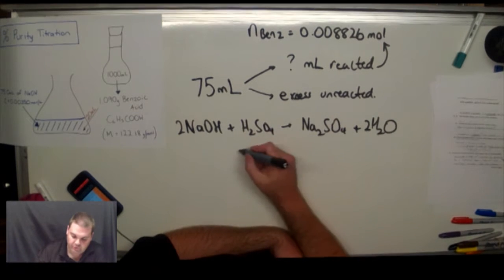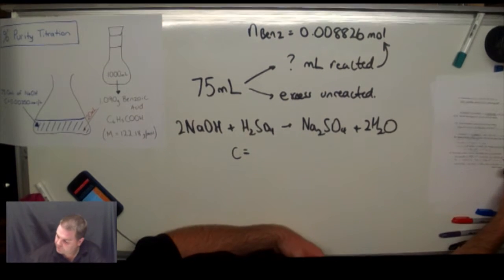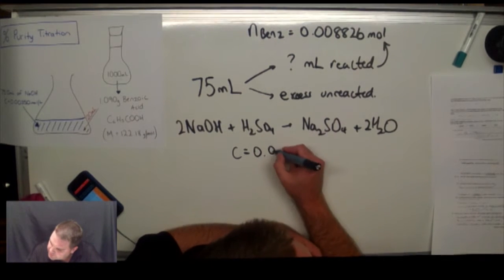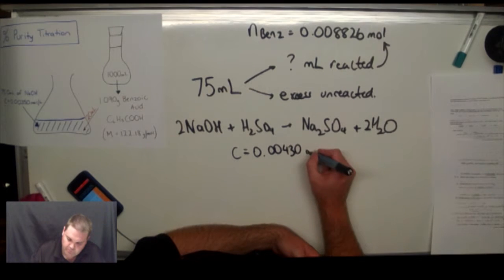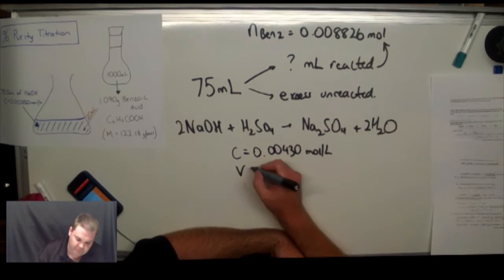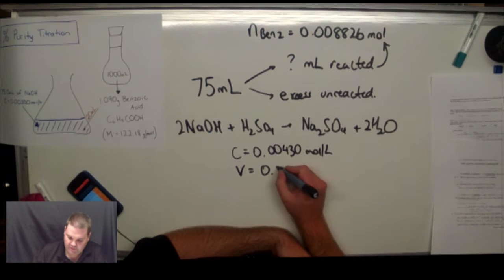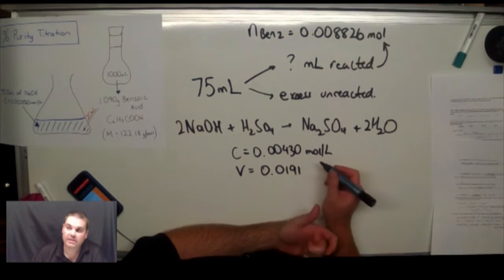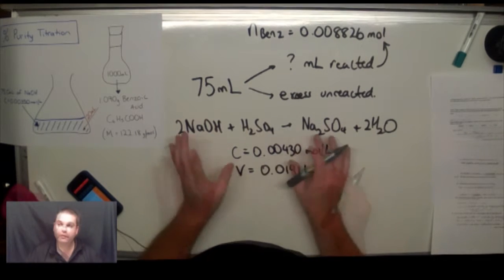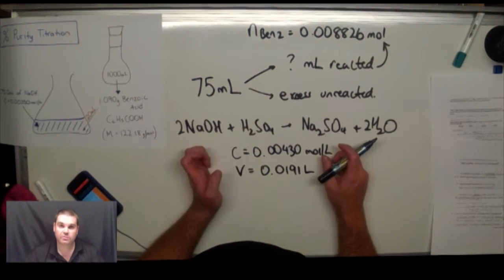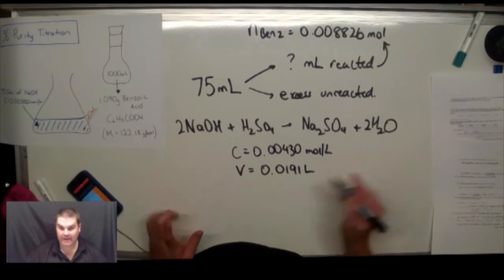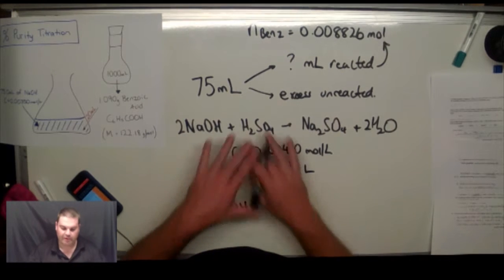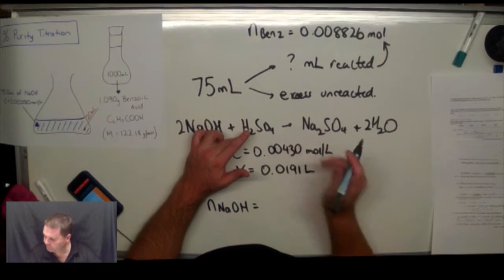So our sulfuric acid had a concentration of, and I just need to find this, sorry, 0.00430 moles per litre, and our volume was 19.1 millilitres. That was our average titre value. Now, if you go through and do this calculation, and I'm not going to do it for you, what you should actually find is that the number of moles of sodium hydroxide that reacted with sulfuric acid here was